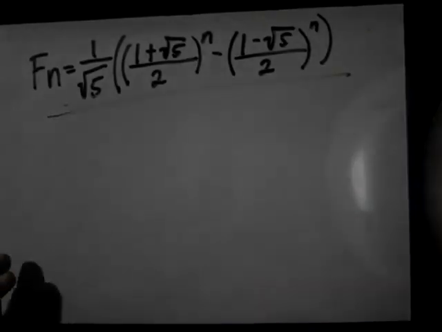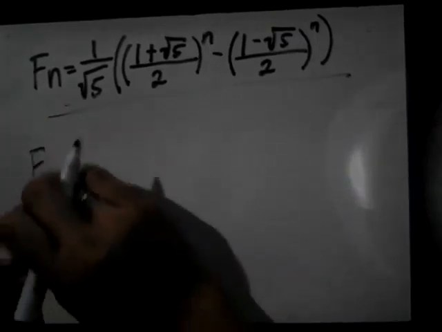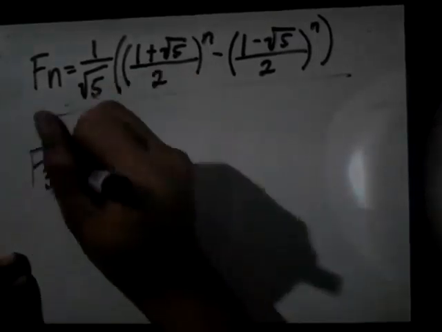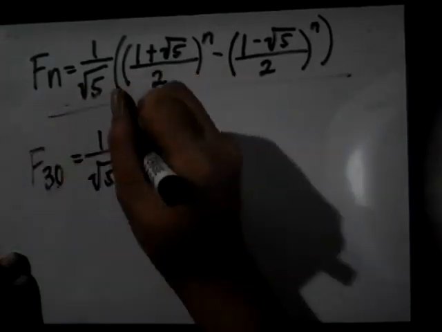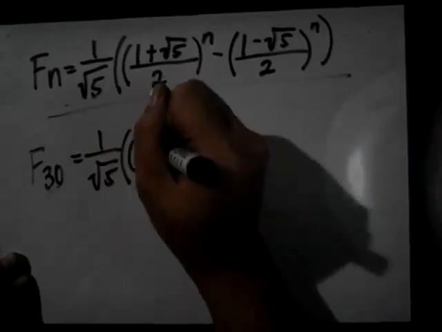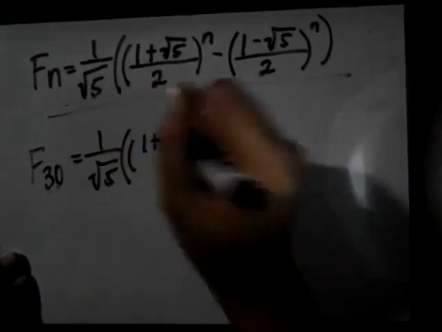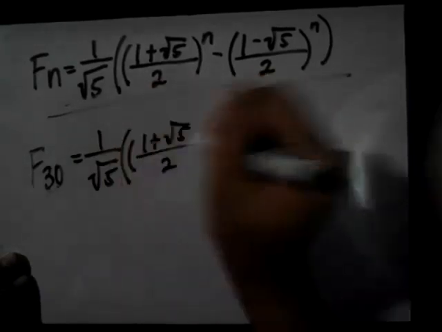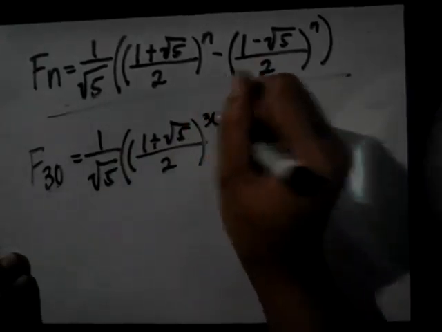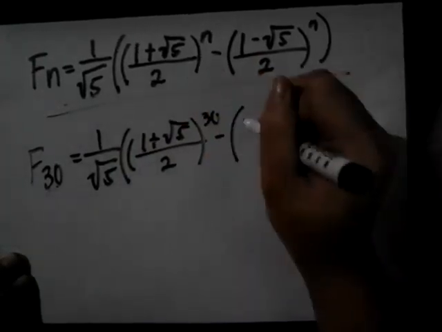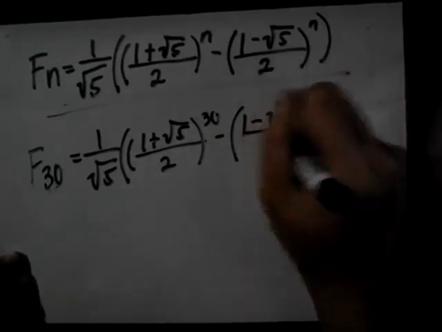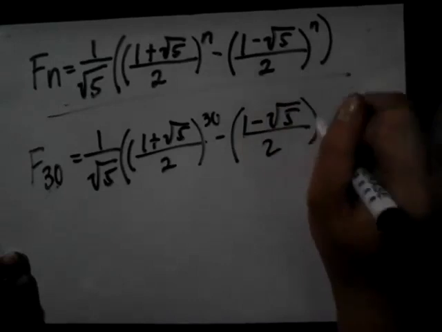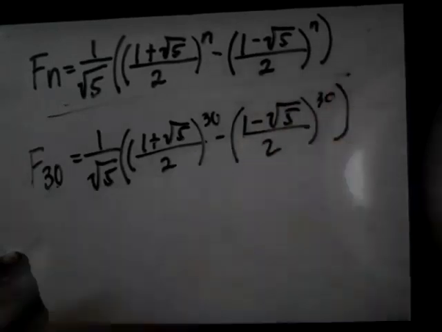So f of 30 is equal to 1 over square root of 5 times the quantity of 1 plus square root of 5 over 2 raised to 30, minus the quantity of 1 minus square root of 5 over 2 raised to 30. So the answer that you will get is